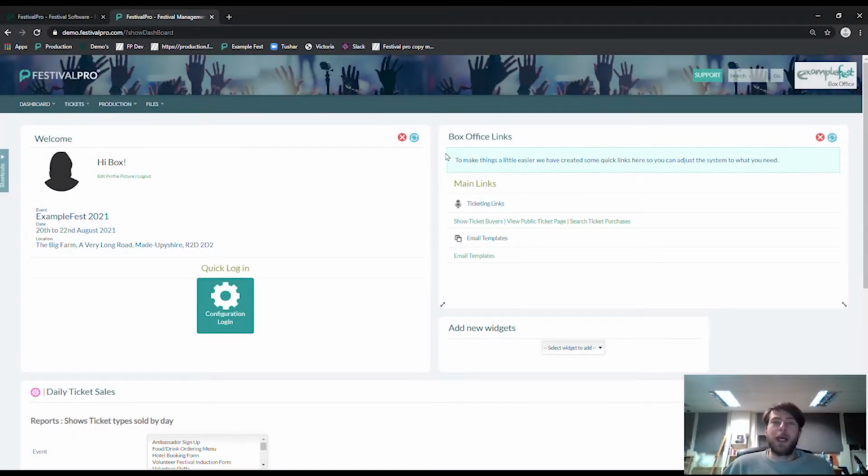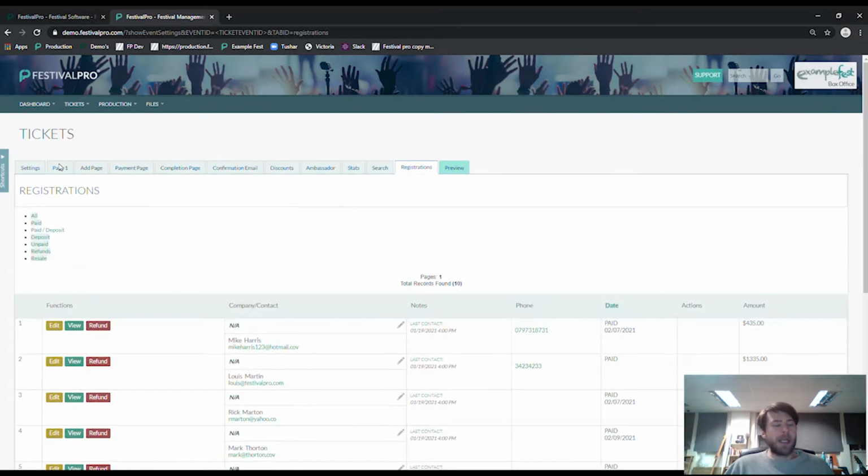So I'm going to be showing you how to manage somebody's booking and deal with deposits as a box office user on Festival Pro. So if we take a look at the ticketing page settings,